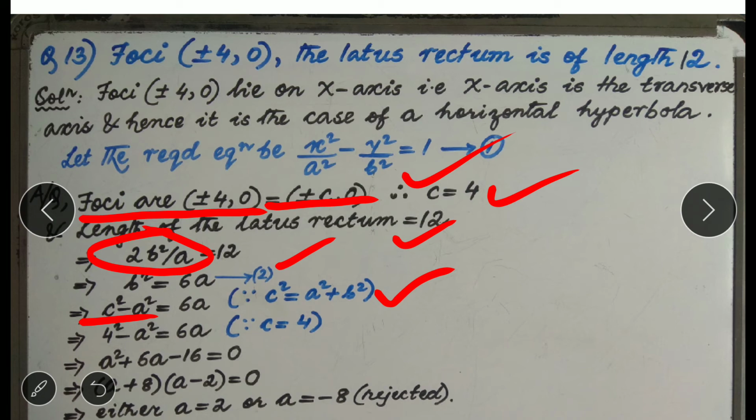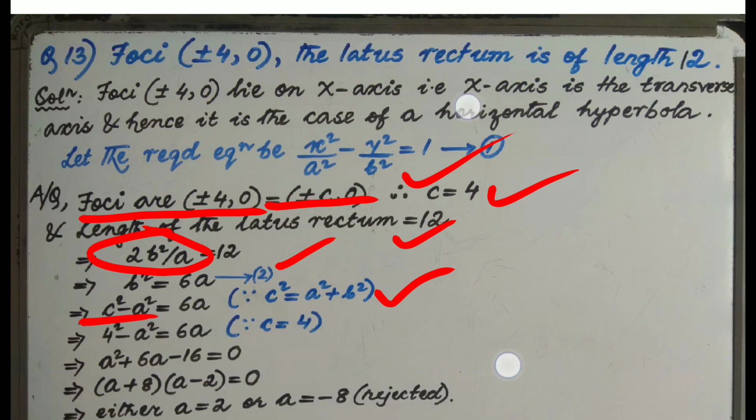Then put the value of c. What is the value of c? 4. Put it. So you will be getting a quadratic equation. So what is the quadratic equation? a square plus 6a minus 16 equals to 0. Now we want to